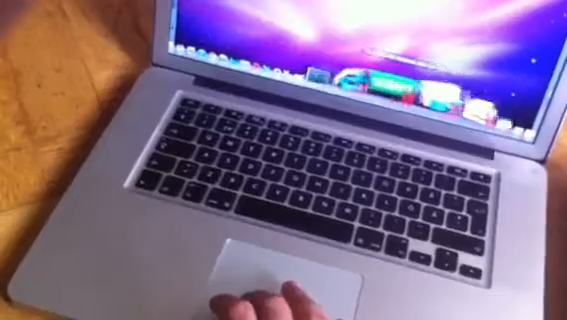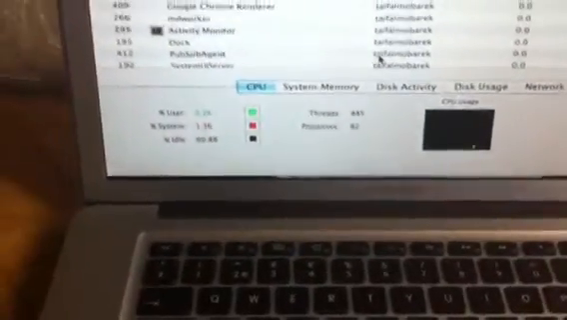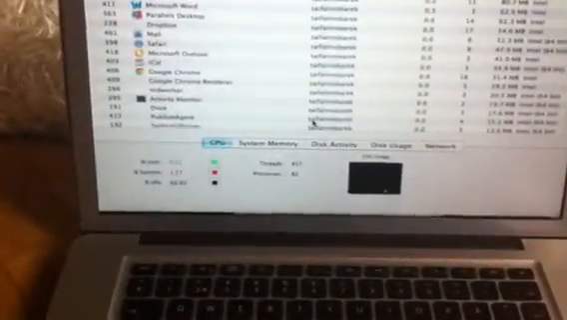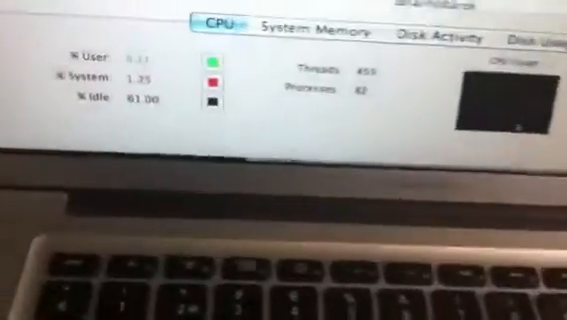And one thing I absolutely love about the MacBook Pro, this is my first Mac OS and my first MacBook Pro, is the CPU and the general operating system stability. I mean, the CPU is